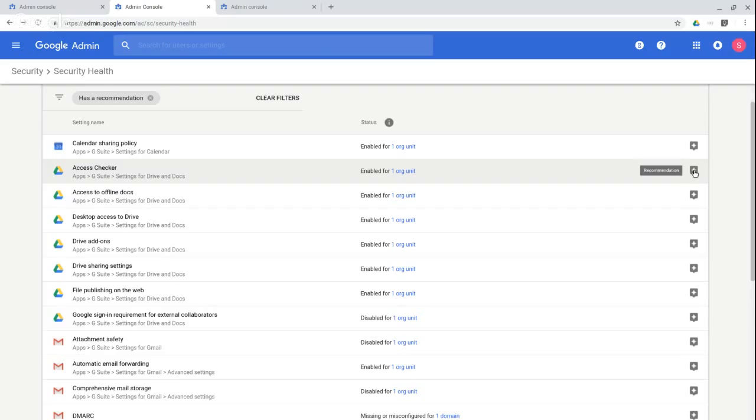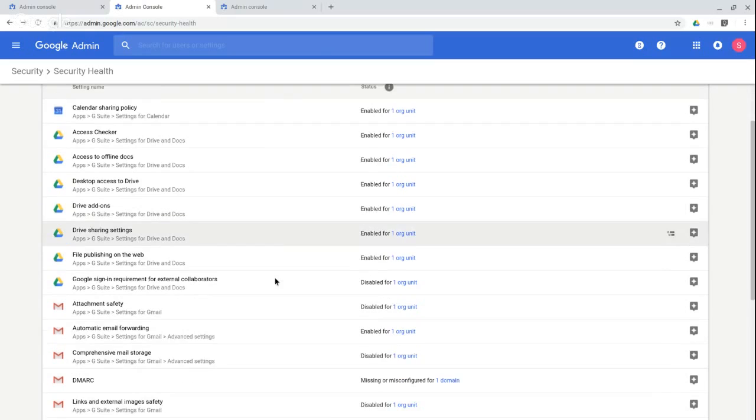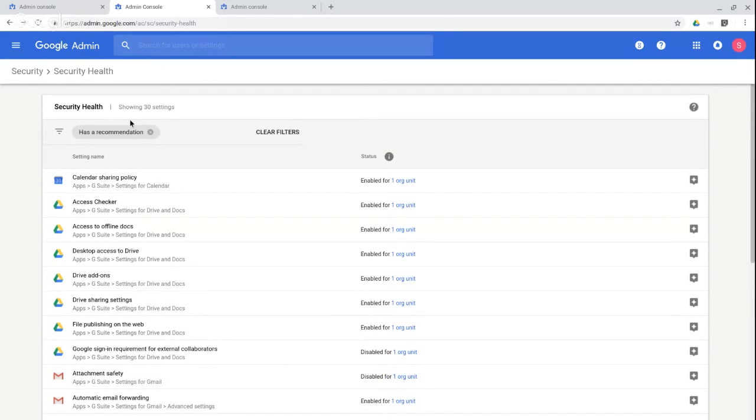to do. So this little one here, recommendation, and it's suggesting configure the access checker for recipients only for all organizational units. This gives you control over the accessibility of links shared by your users and prevents data leaks, reduces data leaks. Again, this is something that would take a more comprehensive demo to understand, but this is really a level of sophistication beyond what you get in the basic or the business